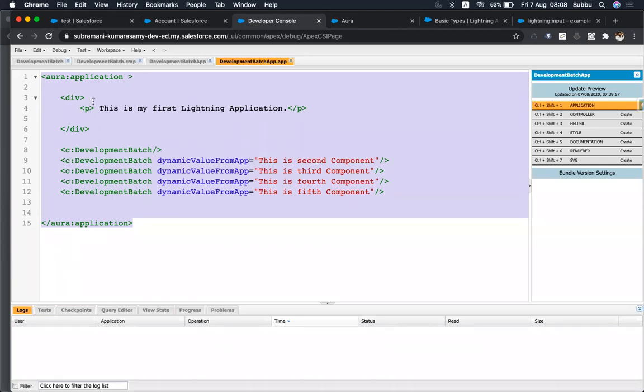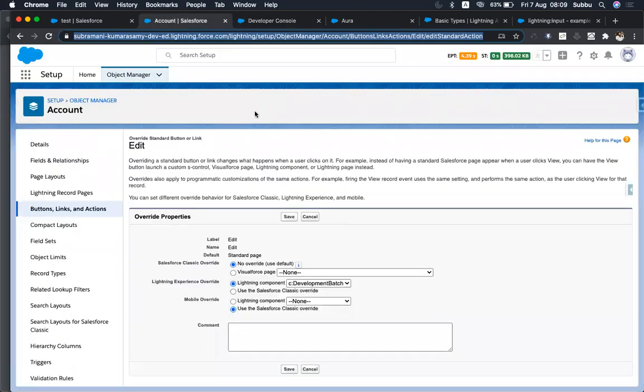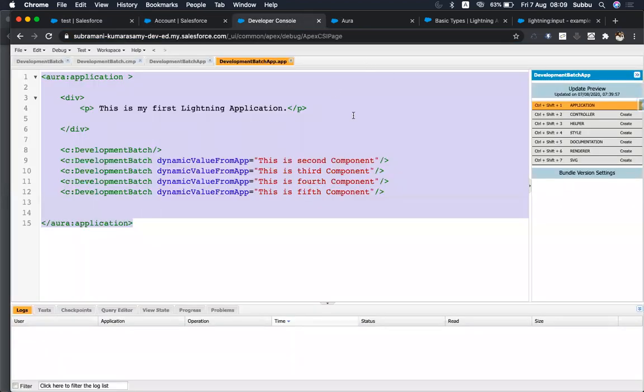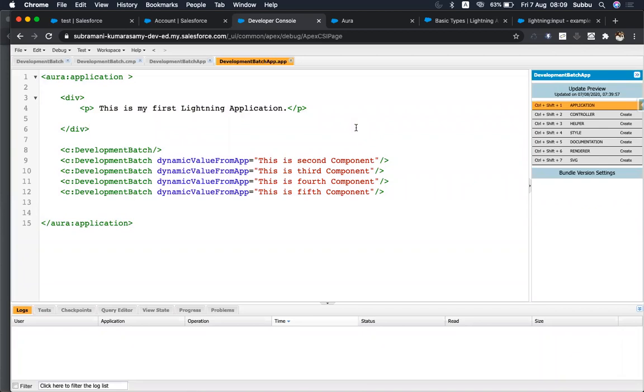All the features inside the application will be customized only. If that is the case, this will be useful, or else this Lightning application will not be useful. But as a developer, you can use it to preview something. Instead of adding it to the Lightning page and refreshing the home page or the account page, you can use this Lightning application and preview these details.